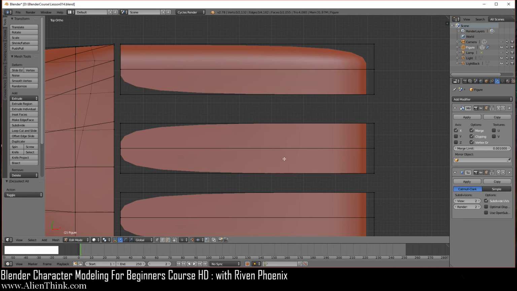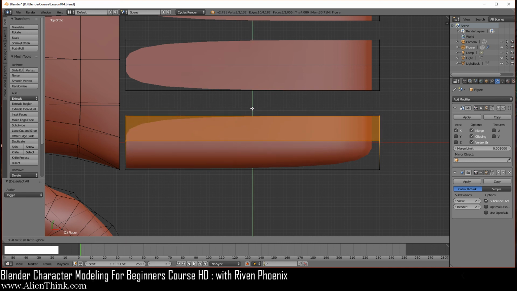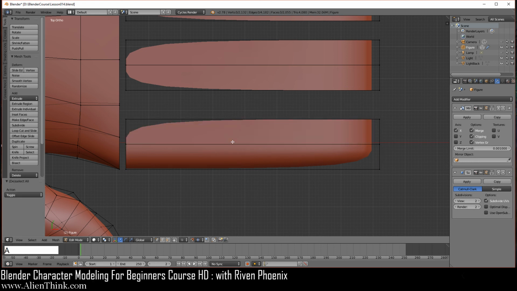ADD select. So we can do that also over here in the bottom. Press the C key, select this one and select this one. Right click to get out of it and bring this down 1, 2, and then 3. And then ADD select. Okay, so now we're going to create the fingers over here.